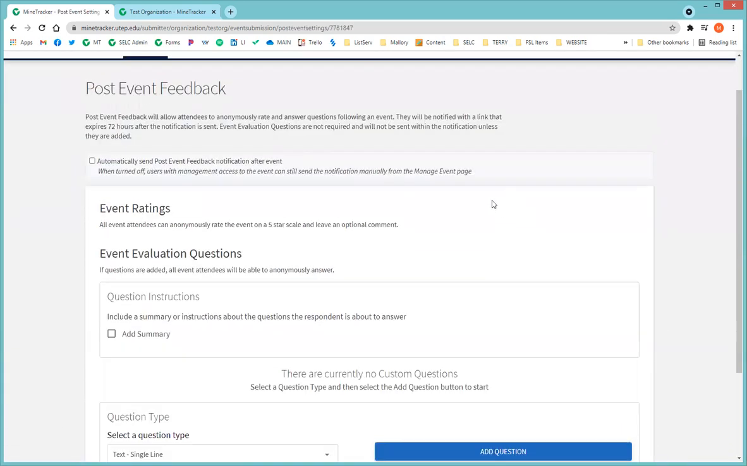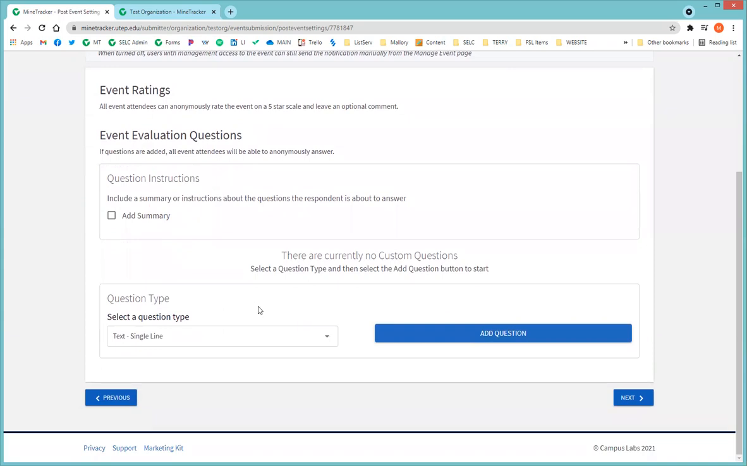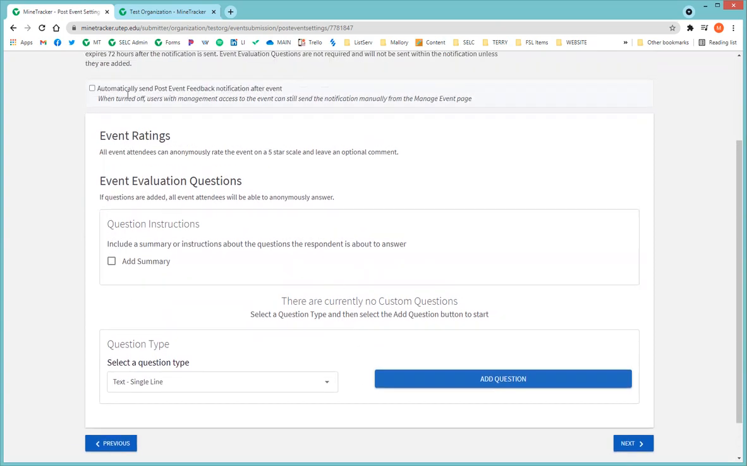This is for post-event feedback. This is an option that you can turn on so that it automatically sends post-event feedback to ask any of your attendees what they thought of your event. By default, they can rate your event on a 1 to 5 star scale, but you can also add evaluation questions. This is great if you're trying to do a quick assessment with 1 or 2 questions for people that attended your event. They'll automatically get an email and you don't have to do anything